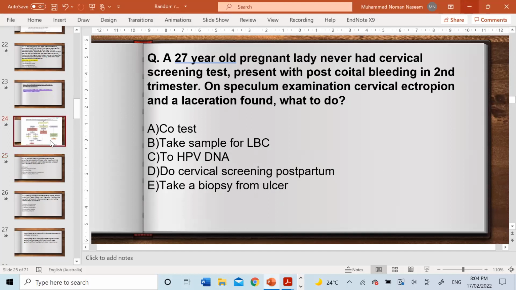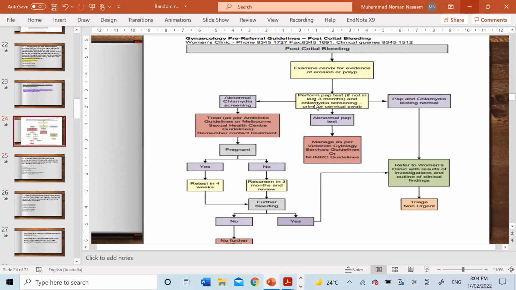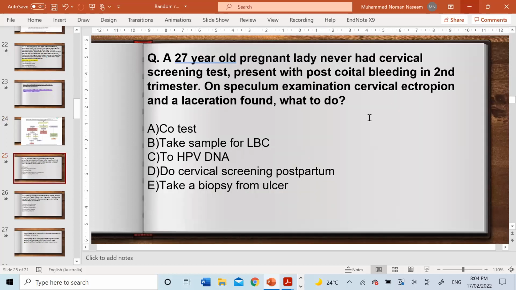Can you look over here? They have mentioned in the last 3 months. So if it is done in the last 3 months, you don't need to do anything else. And if the patient is not having any severe symptoms, just reassure. All right. Our next question is,